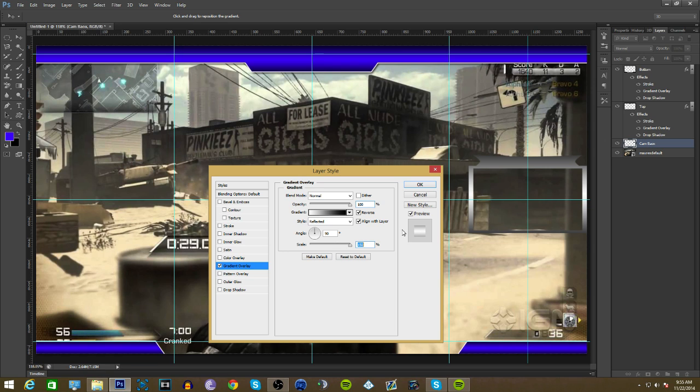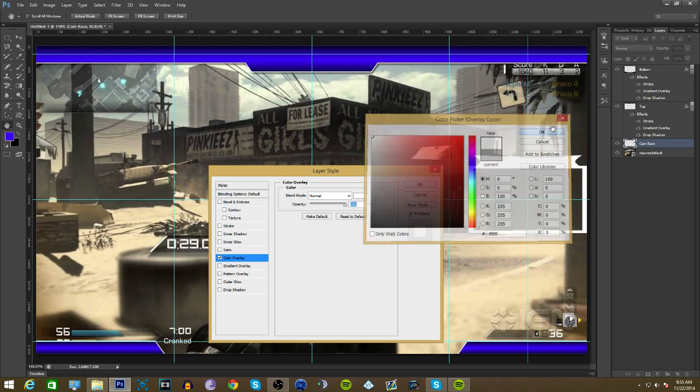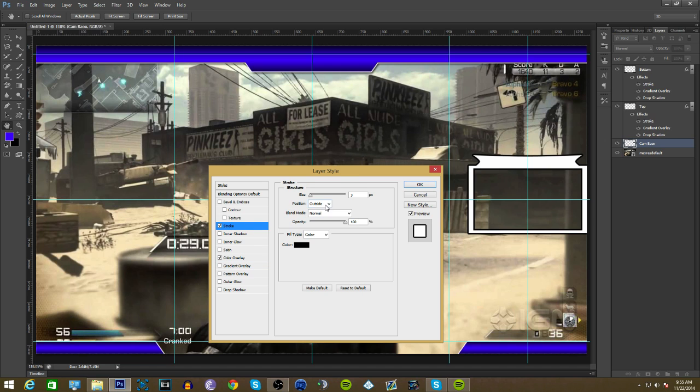Oh yeah. Let's see how it looks like this. Not as good. I like this much better. Actually, no, white might just look good. Plain old white. Oh yeah. That looks good. And what we're going to do is we'll add a stroke to only